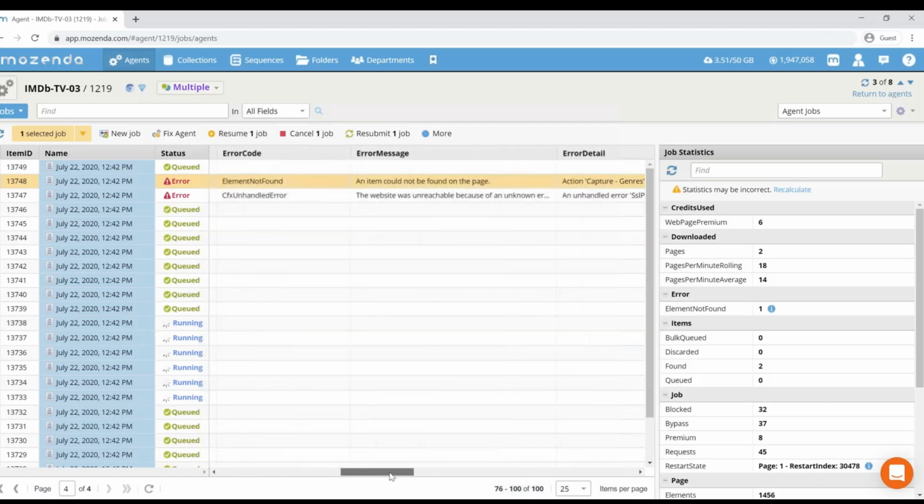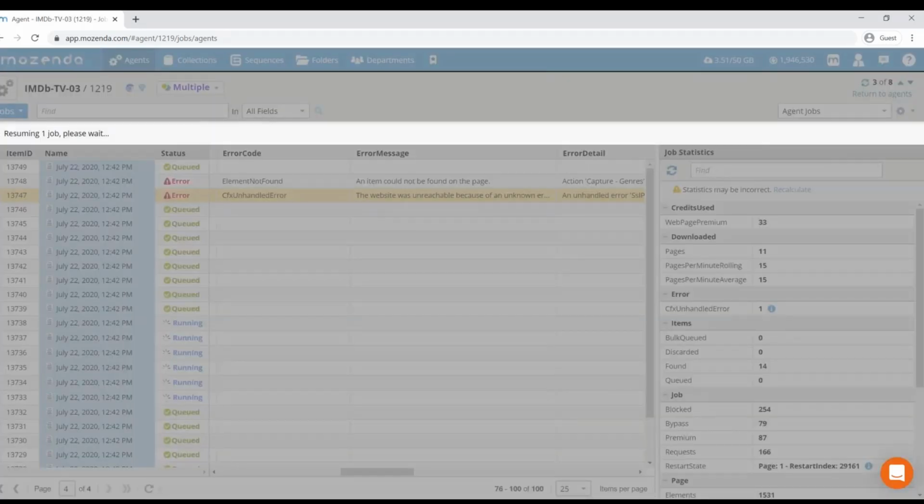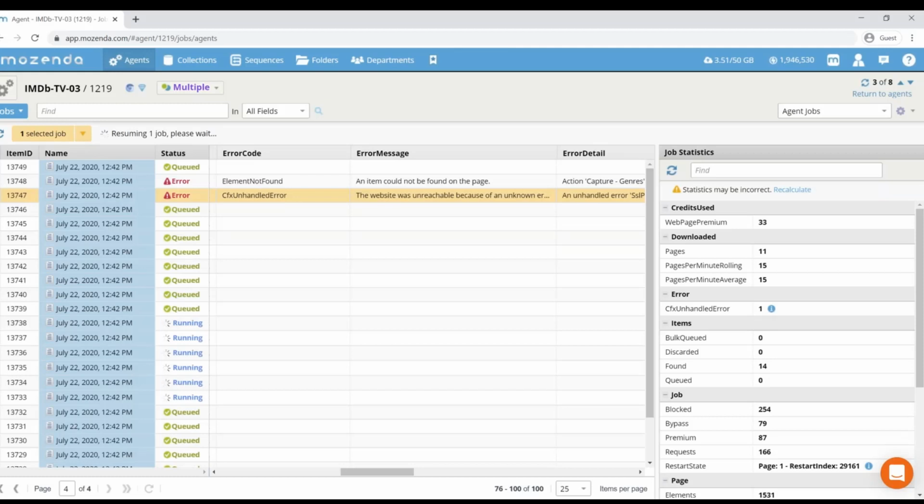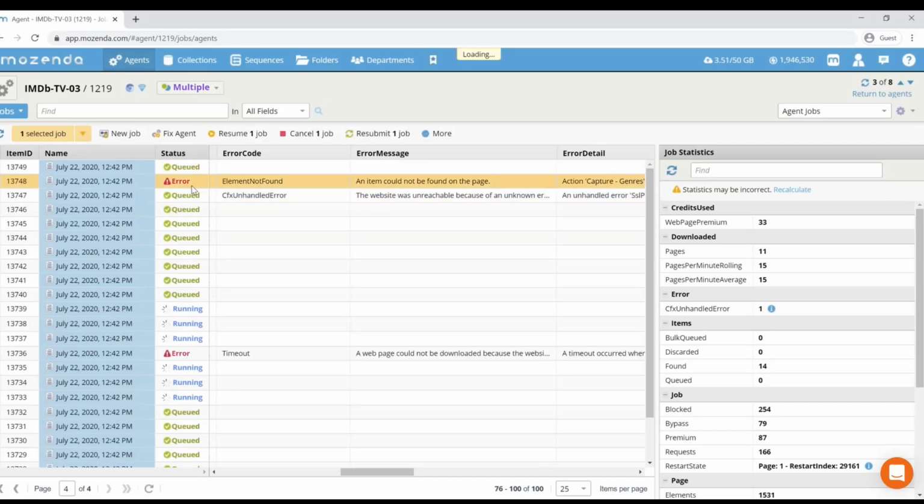Yeah. So it said element not found, unhandled error. The website could not be reached because of an unknown error. Yes, and it could not be found on the page. So those things could be due to load time. Maybe it needed a little bit more. Honestly, I might just resume this one because it might have just loaded the page in a non-perfect way. And then if I want to look at the specific error going on here, I can see it's at this index,